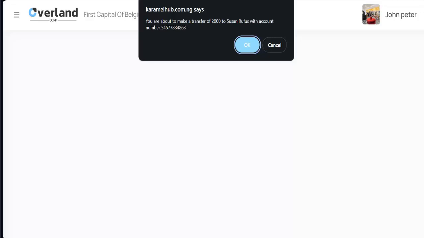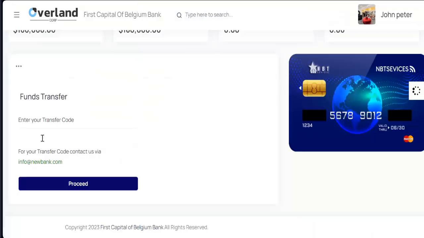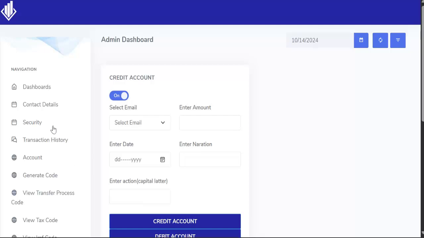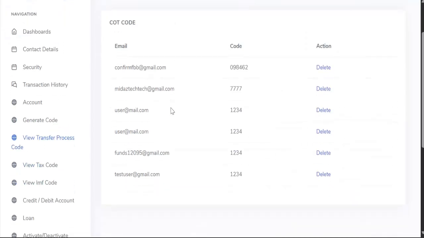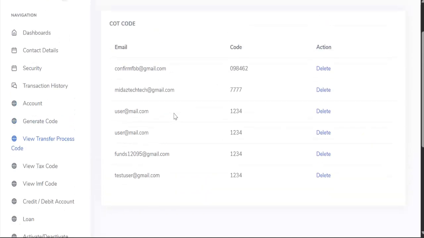So you're about to make a transfer of 2,000 to Susan Forward. You can see that you click on OK. Now it's asking me to enter my transfer code. So you can get this transfer code from the admin. So you come there, you see view transfer process code. You click on it. Now you can see the various codes for different users, but this user which I created doesn't have a code yet. So I'll come to generate code,